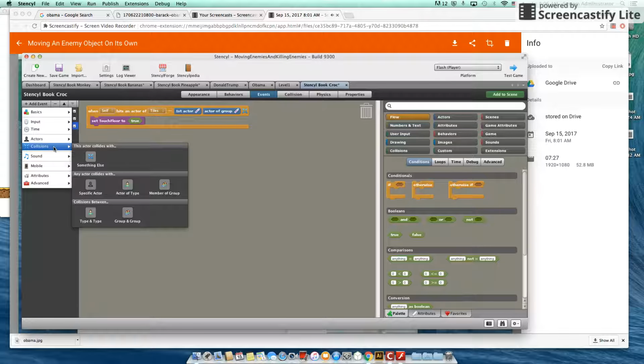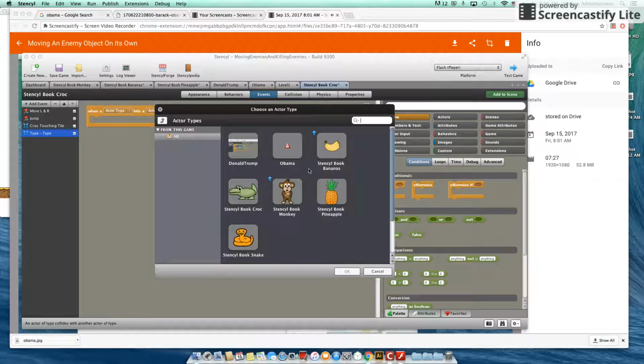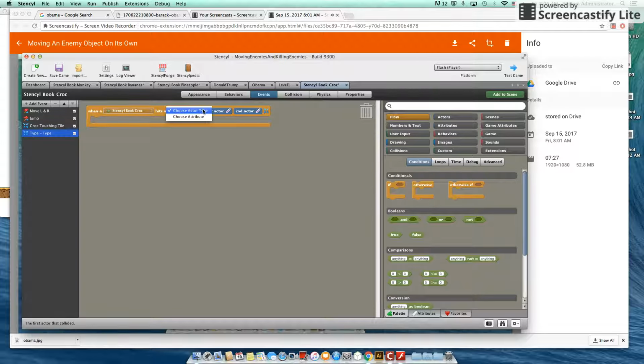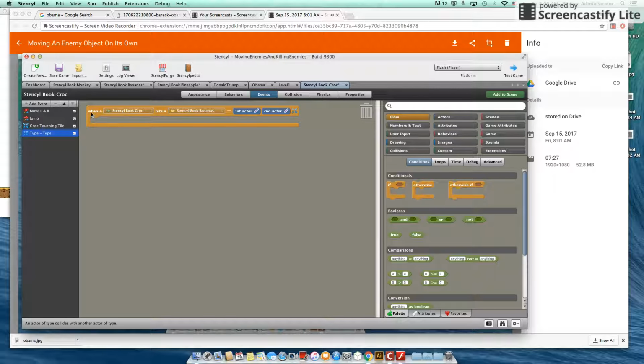We're going to add an event, collision. We're going to make a collision between type and type. And all you need to do is click on one of these. You have to click on both of them. Click one more time on choose actor type. And this time we're going to choose our crocodile, right? Because that's what's colliding with our choose actor type, banana. So if we read this, when a crocodile hits a banana,